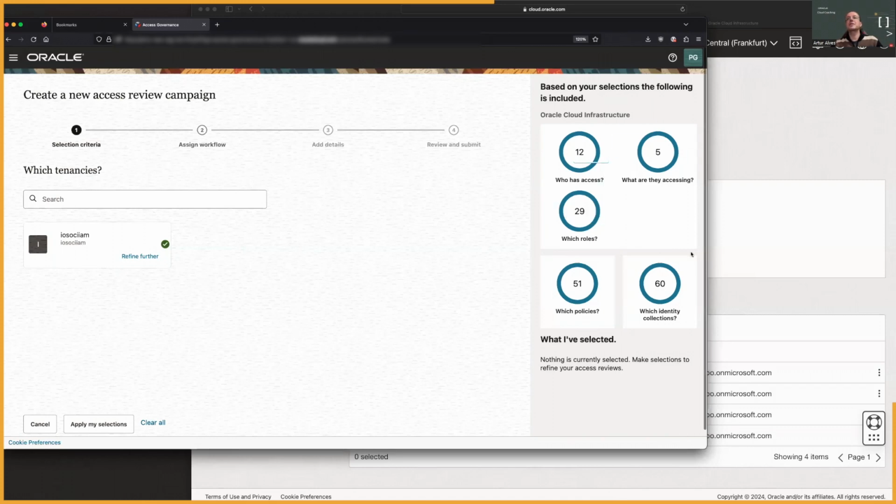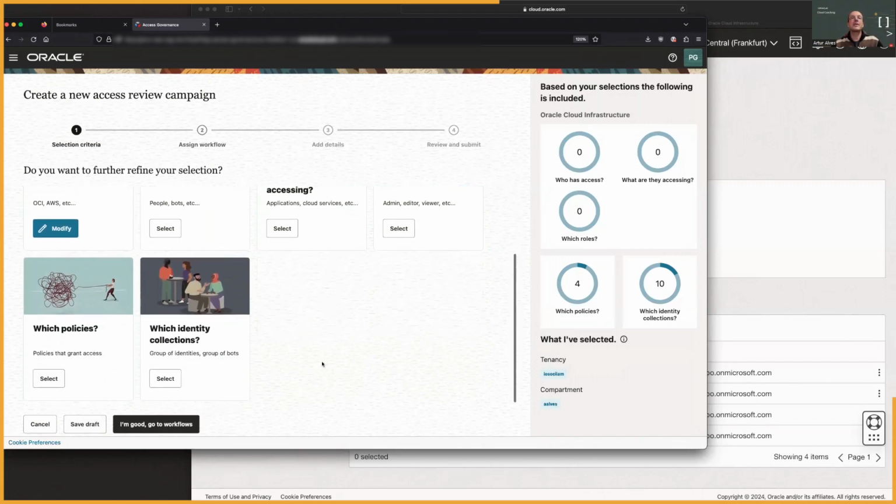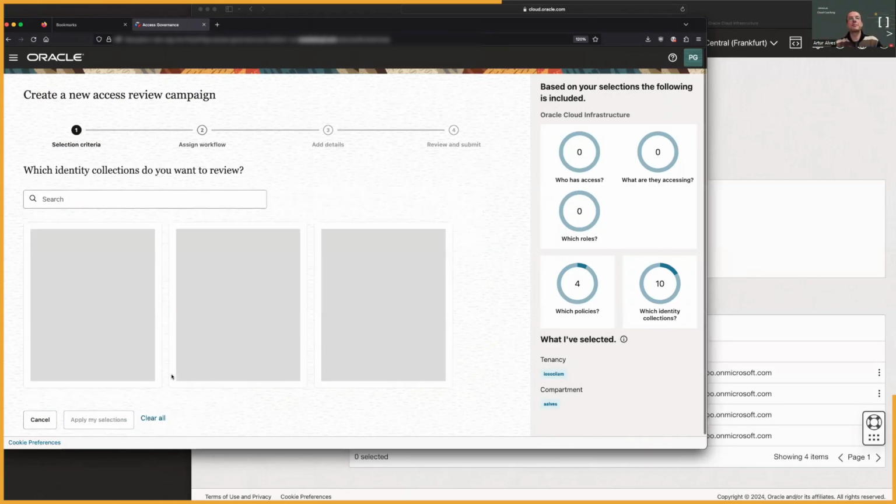Apply, and you will see here on the right side, as I apply the selections, the scope of what I'm doing is narrowing down to, in this case, the dependency and the compartment. And now I'm going to select the identity collections, which are typically in the OCI side a group membership.